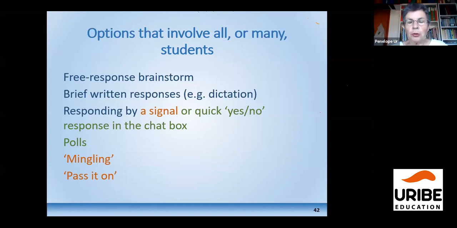Pass it on is also for face-to-face only. Let's take an example. I've got a sheet of adjectives, and I want the students to write in the opposites to all the adjectives. This is just an example, but you can do it with any exercise you like. I tell the students, write in 4 opposites.